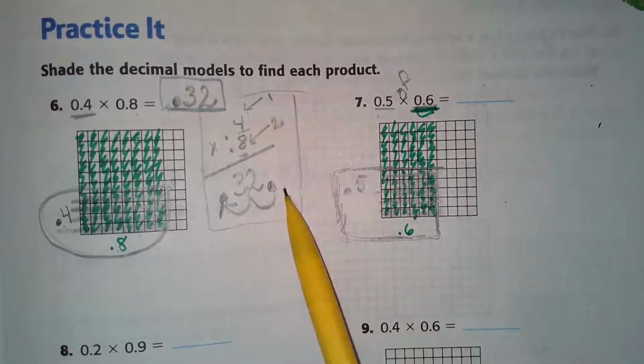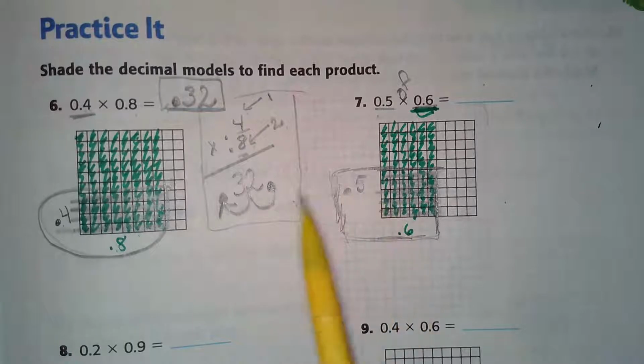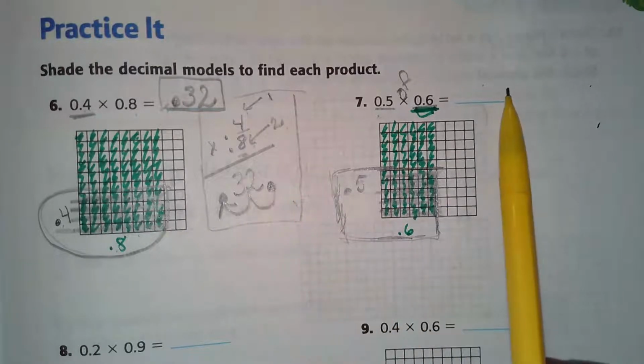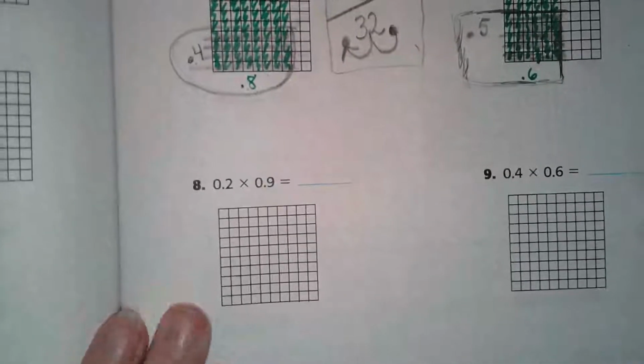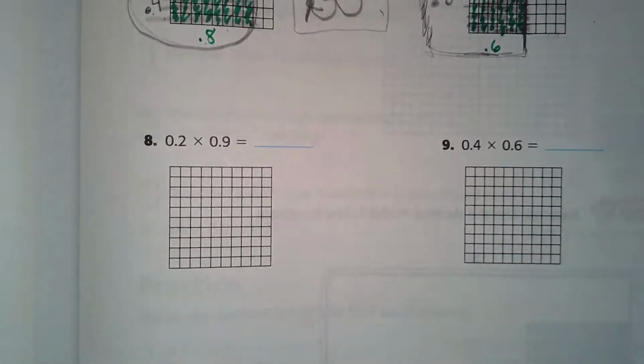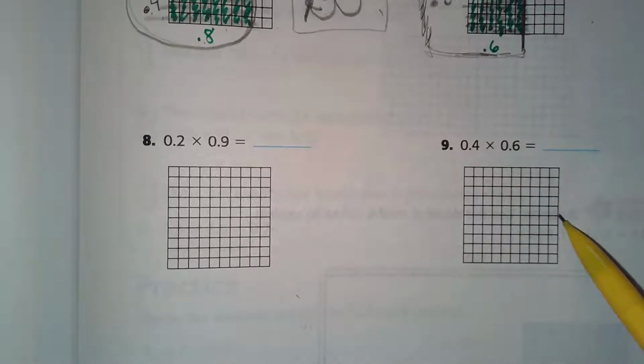You must write the multiplication, count the decimals, doink to show that you're taking a part of a part, and write your final answer up there. Number 8, 2/10 times 9/10, or 2/10 of 9/10. I'm not going to show you that one. I'm not going to show you 4/10 of 6/10. I do, however, want to show you